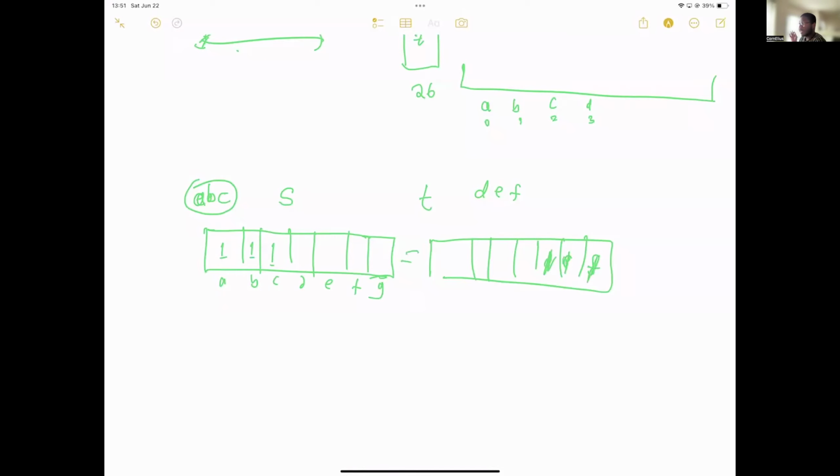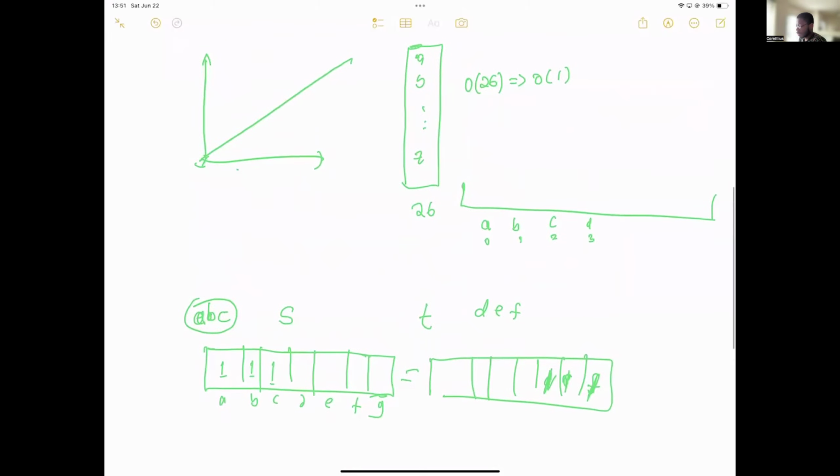If they're not, you're done. A dictionary can do it and so on, but it's just something you should know, that when the characters are bounded, it's not necessarily linear time. Let's go on to the next thing.